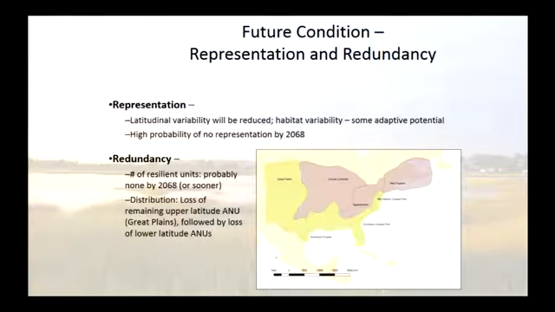So at the end of all that, the service came out with their decision. This was an interesting process for me because I was not allowed to be a part of the decision, and none of the people would tell me what the decision was until September or until October when it was released. So my friend texted me the press release on October 5th when it came out. They decided to list the black rail as threatened, and that was in large part due to the abysmal trajectories that we predicted for the species.